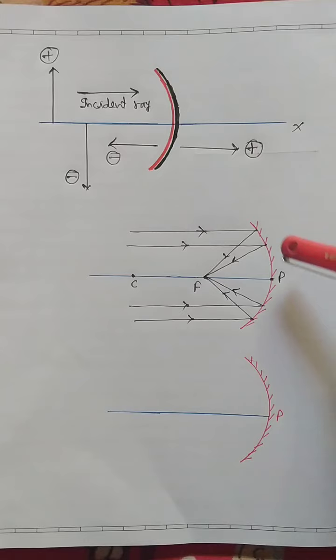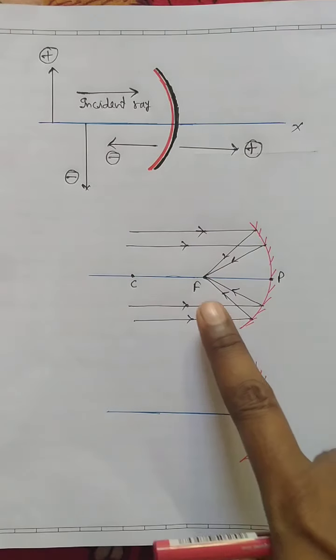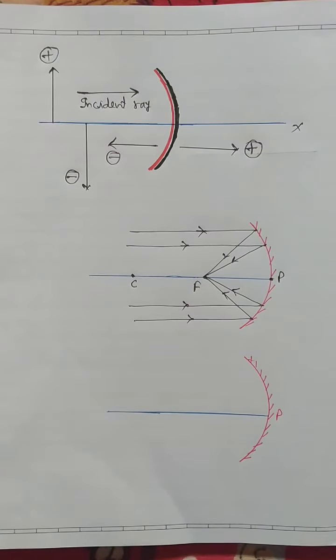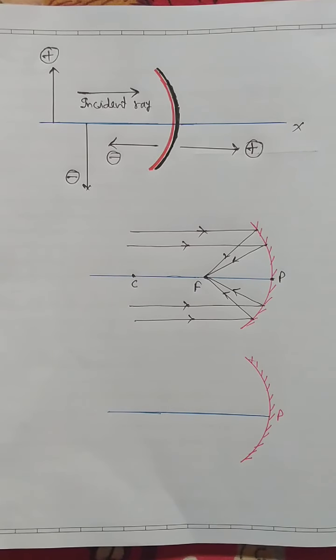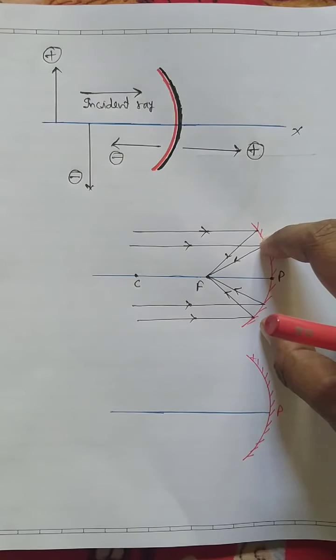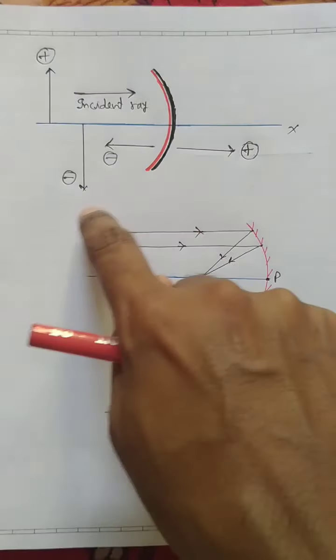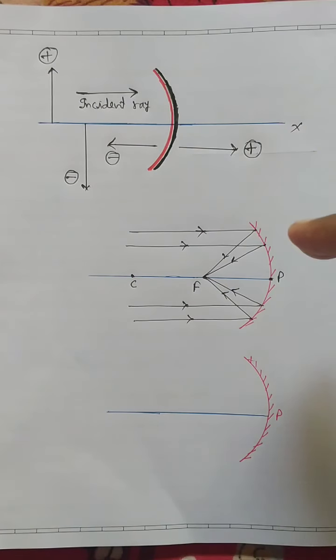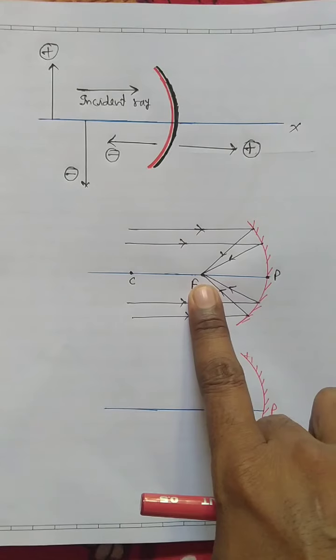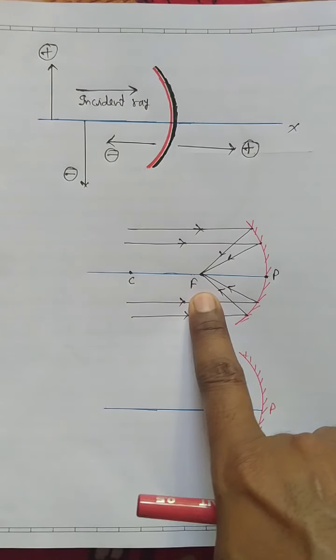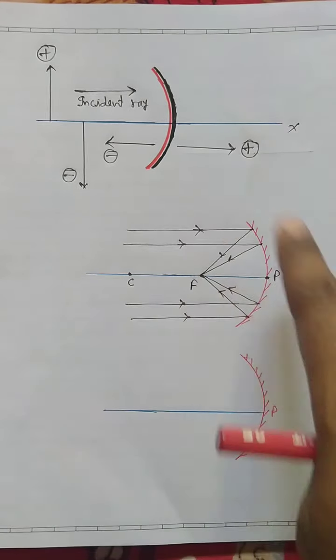Listen very carefully. In case of a concave mirror, the focus will be a real focus, but in case of a convex mirror, the focus will be a virtual focus. Now listen again. A narrow beam of light parallel to the principal axis either actually converges, that is, this point in this diagram. The reflected light rays are actually meeting at that point. This point is called F, that is, the focus of the mirror.